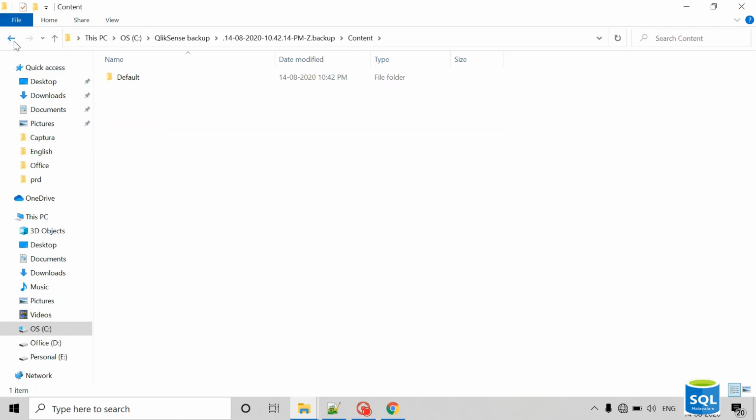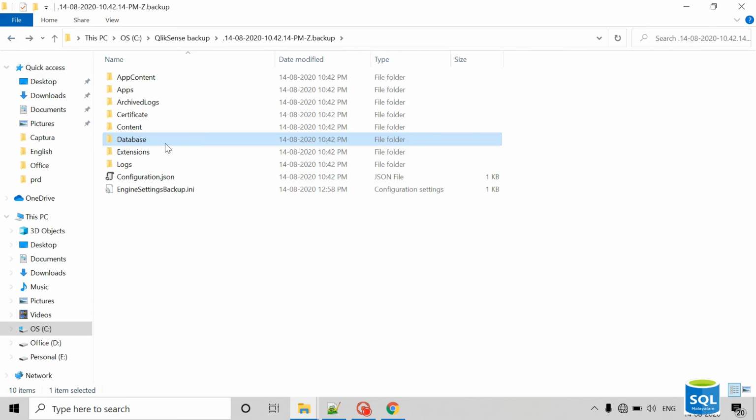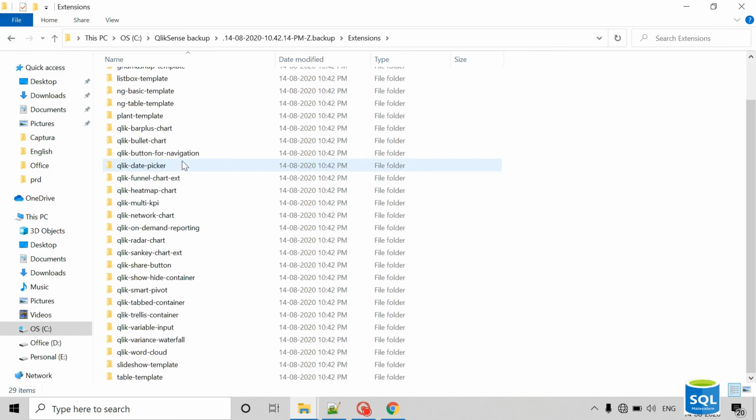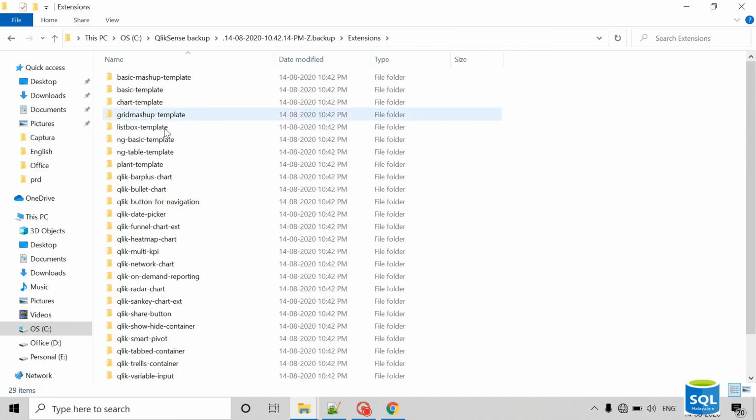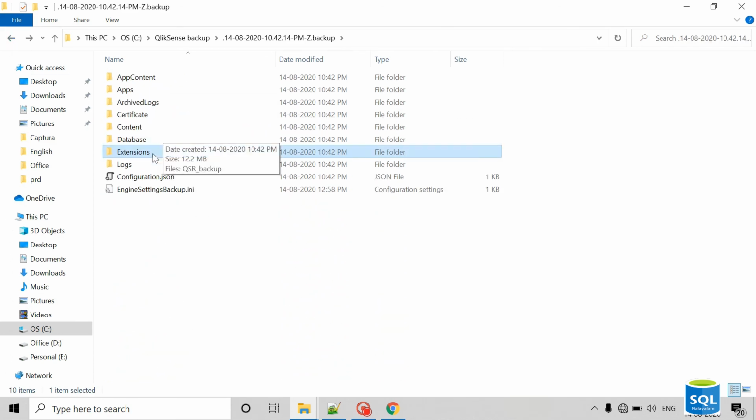It contains the database. This is a Postgres database backup, and we should give the super user password in the script for taking that database backup. If we are using any kind of extension, that will be backed up here. Then logs. These are all the backup files created by the ClickSense utility.